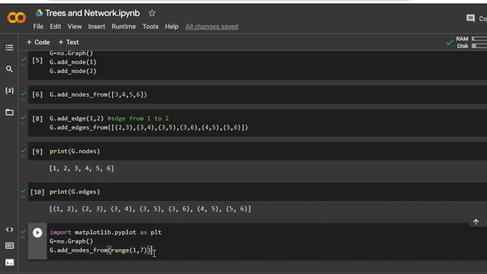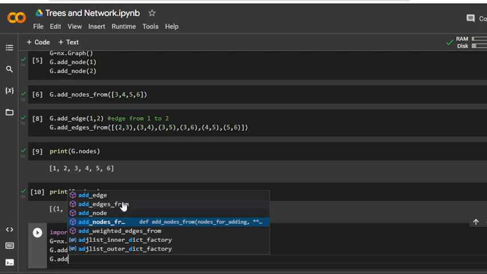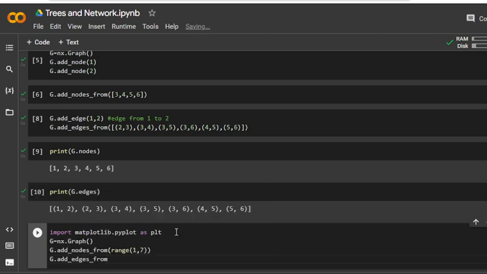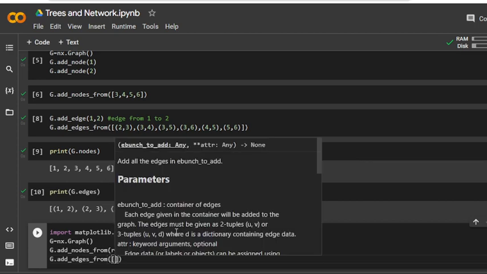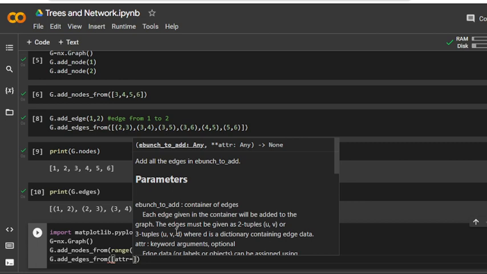Now I am going to create the edges here, and we will plot them. So G.add_edges_from, with parentheses and square brackets, and I can write here just inside,